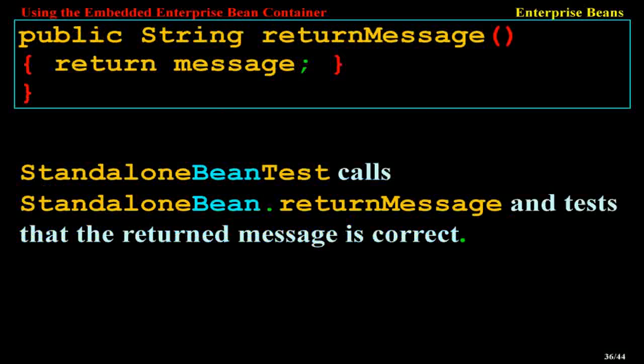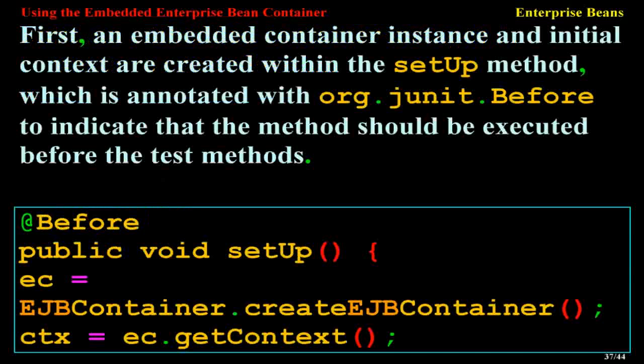StandaloneBeanTest calls StandaloneBean.returnMessage and tests that the returned message is correct. First, an embedded container instance and initial context are created within the setUp method, which is annotated with org.junit.Before to indicate that the method should be executed before the test methods. @Before public void setUp() { ec = EJBContainer.createEJBContainer(); ctx = ec.getContext();